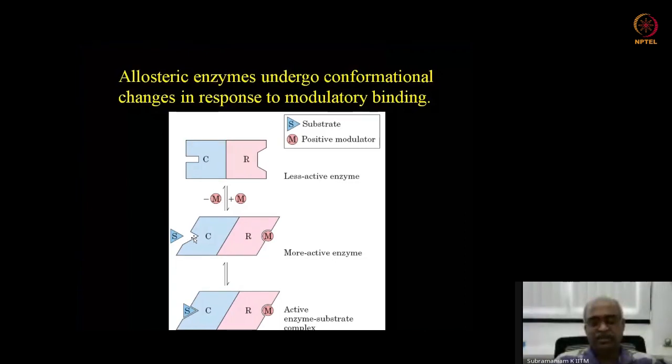So cell division dependent kinases, CDKs, they are like the active site, like this C, and the cyclins are the regulatory subunit, like this R. And these cyclins regulate the activity there. So that is a real life example for this cartoon. But the primary point here is allosteric enzymes have multiple subunits, and